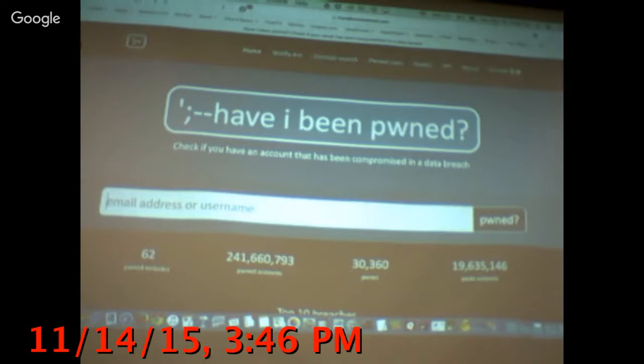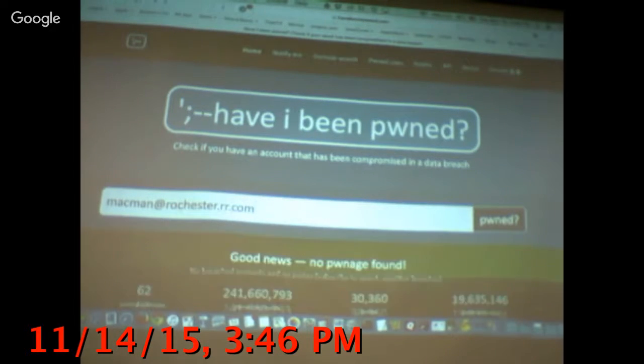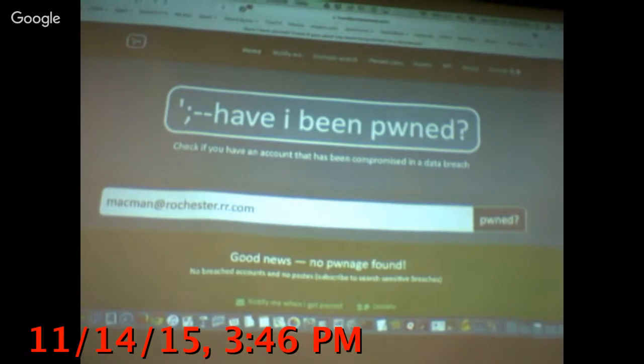Yeah. So Have I Been Pwned? You put in your email address, and it looks through the list of all of the compromised email addresses and passwords from all of the loose websites that have had data breaches, and it will see if your email address is in that list, which means that the password you used for that website has been compromised, and you probably should change